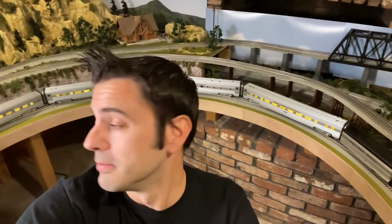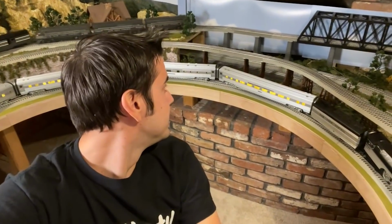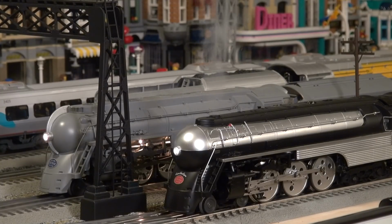Again, post-war F3 with MPC era passenger cars. If you can even hear me now, I don't even know if you can hear me now. It's coming around one more time. Here it comes. Oh yeah. You can already smell that classic post-war Pullmore motor smell. All right, we're gonna move them all out. Enjoy. Ladies and gentlemen, the Empire State Express